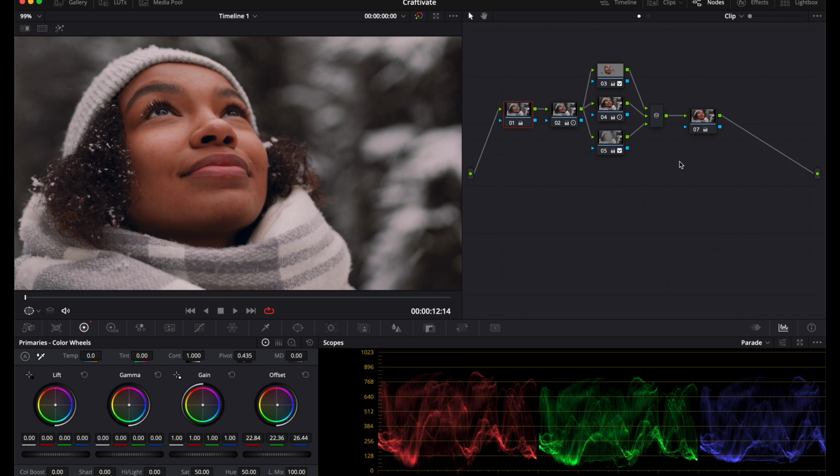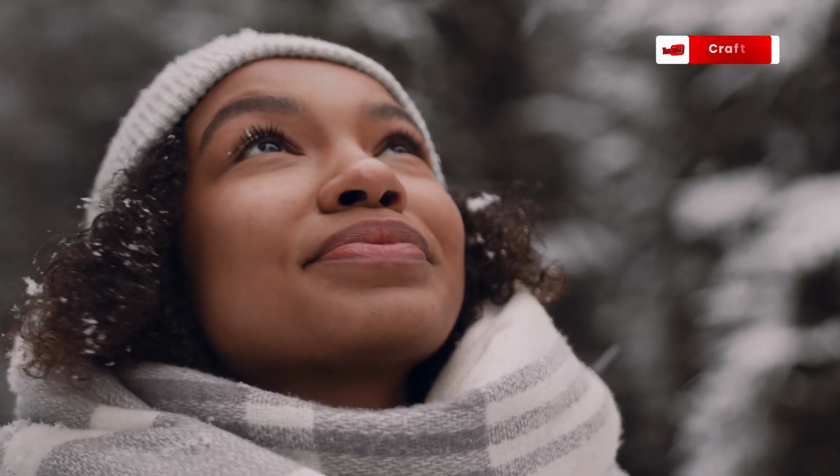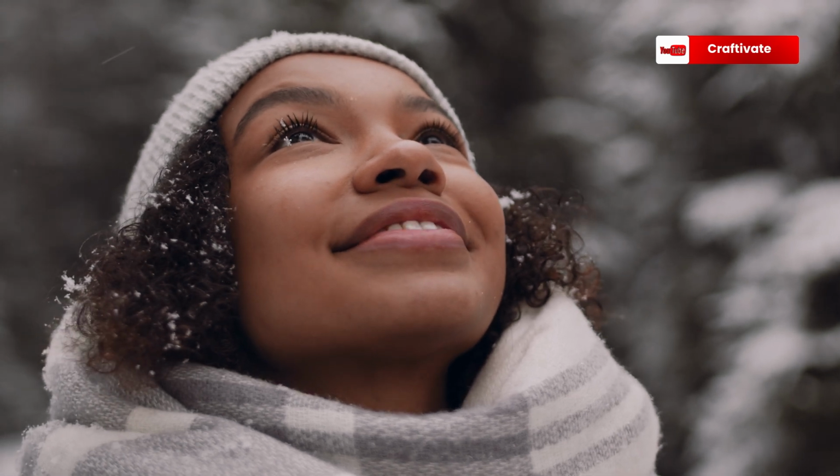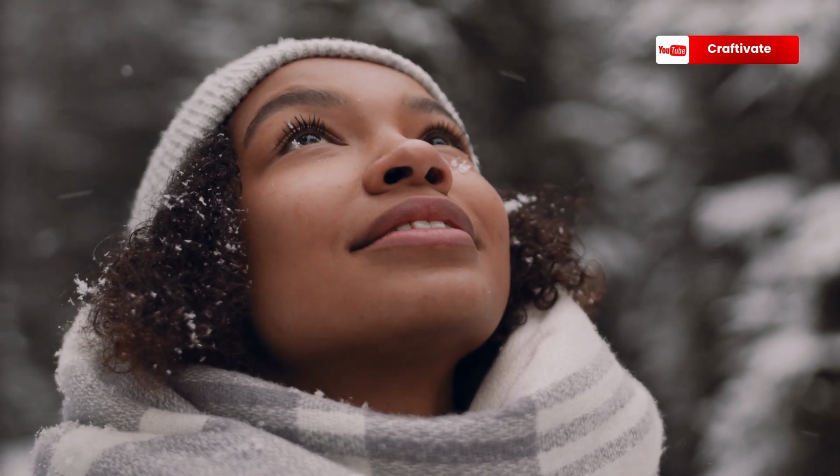So today we will be looking at this image together. We'll do a bit of deconstruction on how I came about this grading, and I know I promised to be more consistent, but